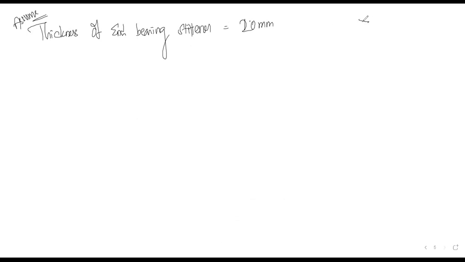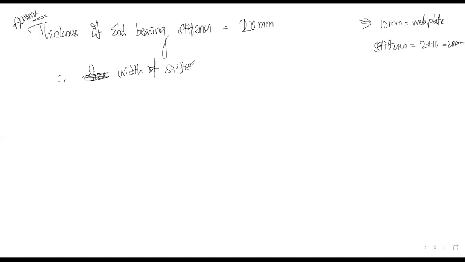Our web plate is 10 mm, and I'm going to take twice that for the stiffener, so 2 into 10, I am going to take 20 mm. Therefore, the width of the stiffener plate is